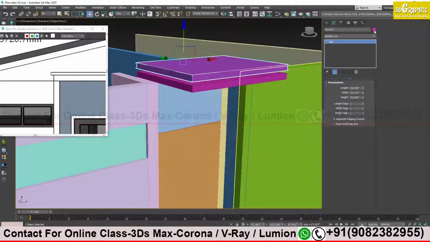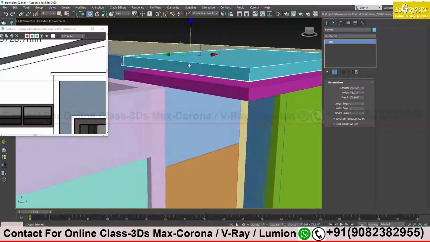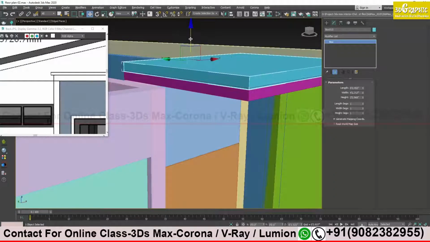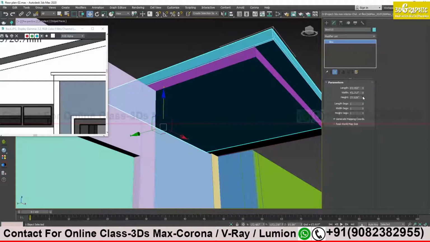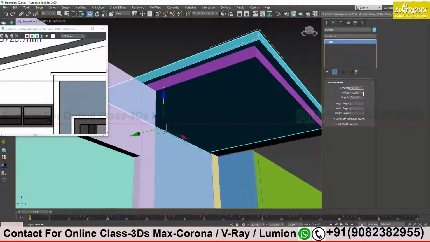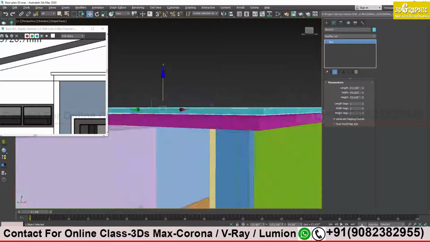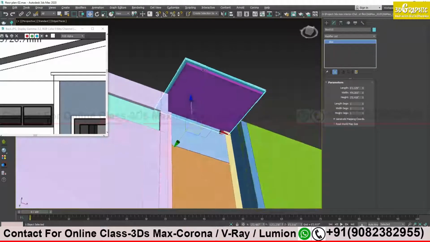I will change the color, easy for me to remember, and drag it down. See, it's a little bit extended, no? I try to extend like this, not that much from all the sides, and it should be a little narrow. Just drag it down.